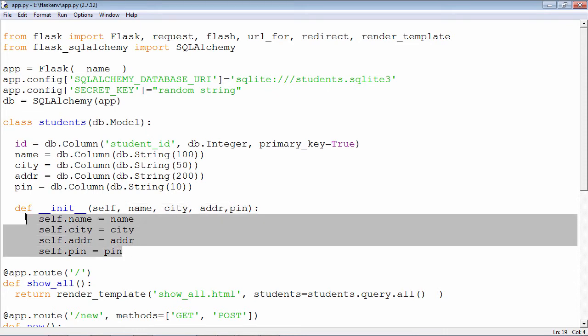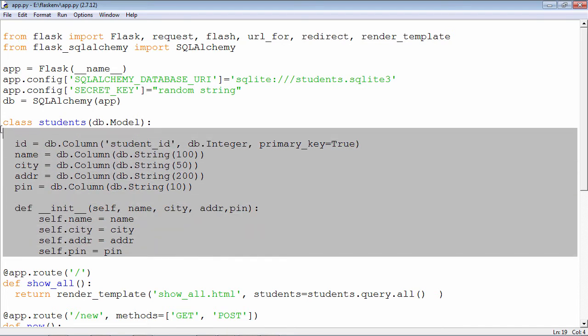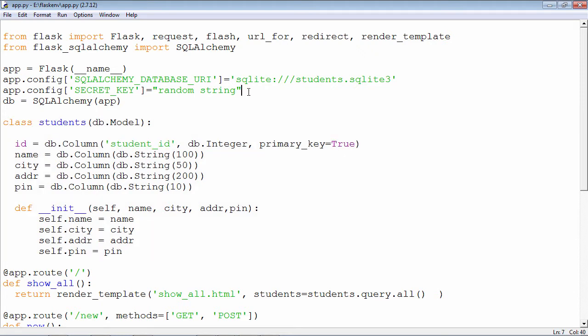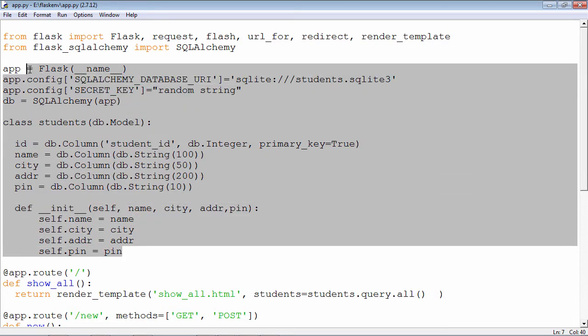So later on, there will be an object of the students class declared, which will take 4 arguments. Okay, so this is our model. So 3 aspects we have seen: import, Flask application model, configuration, and declaration of the model. So this is our first step of the